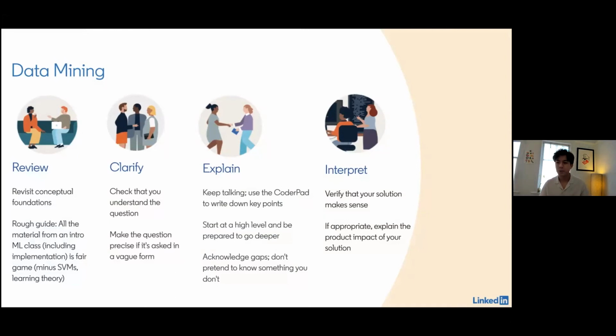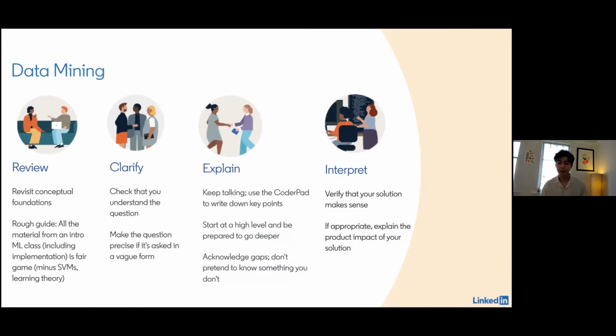A lot of intro machine learning classes will spend some amount of time on support vector machines, for example. And while SVMs are interesting, they're just not that widely used these days in applied machine learning projects, at least not at LinkedIn. So you can probably avoid studying up on all of the details of SVMs, for example.